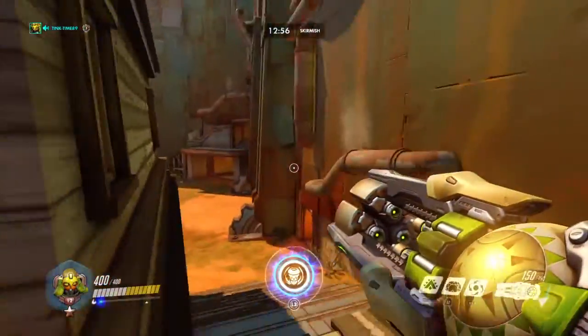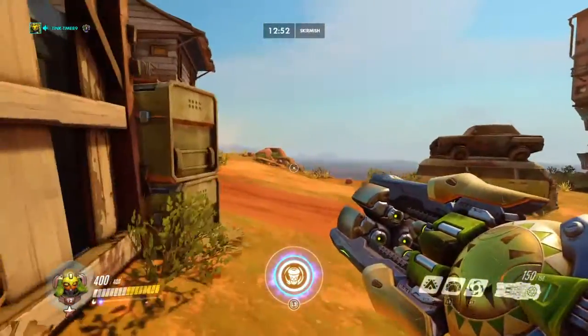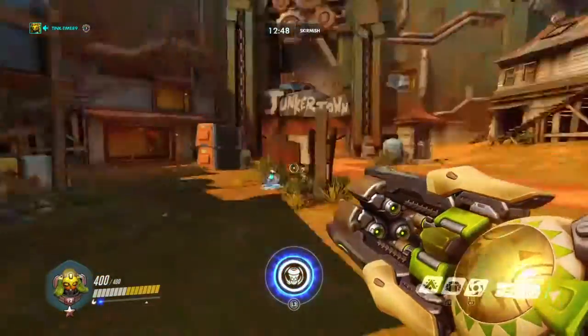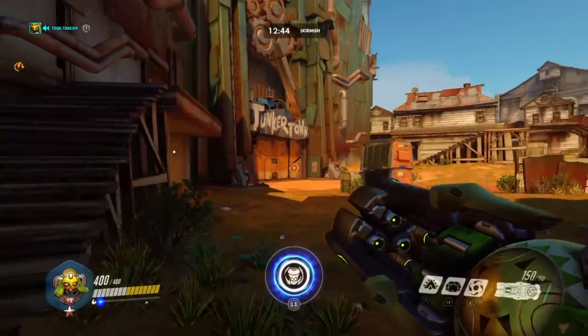If their whole team flanks, obviously we can see it, right? We'll call it out. Ryan, the whole team's flanking. Maybe the Reinhardt pushes over here behind this car right here. And maybe, again, eventually a little further right here in case they try to...